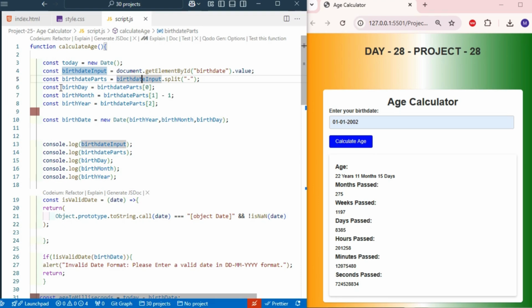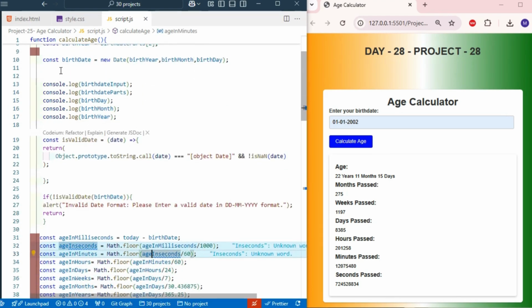The constant birthDay can be accessed through birthDateParts indexing starting with 0. And birthMonth can be accessed through birthDateParts index 1 minus 1. And birthYear can be birthDateParts index 2.